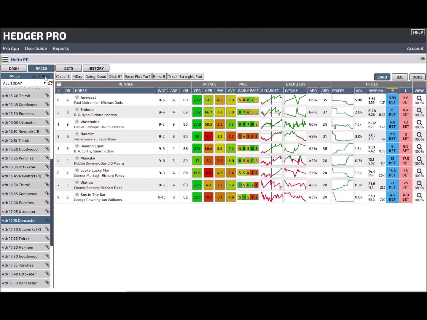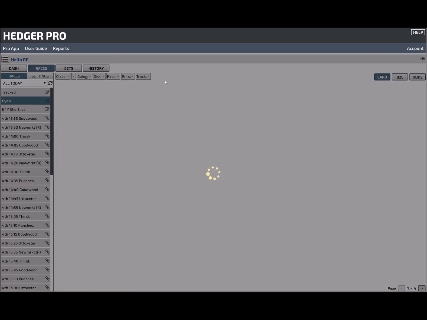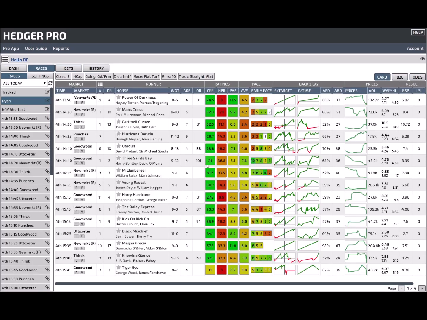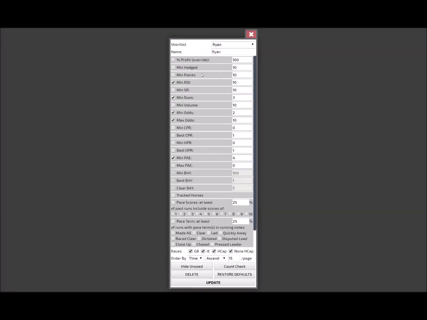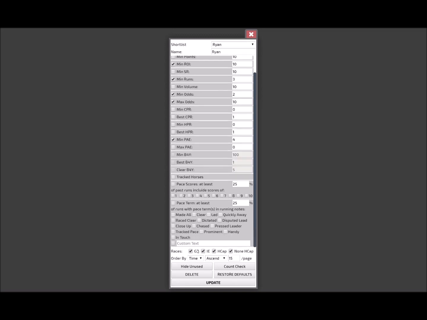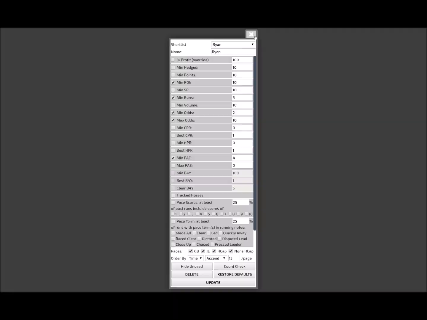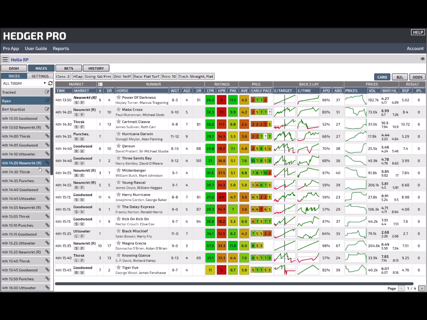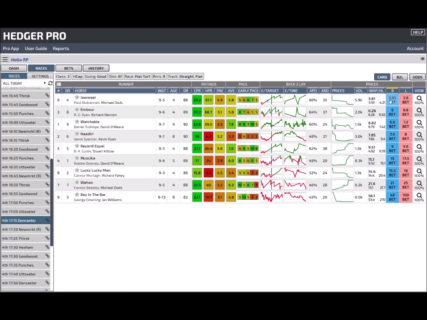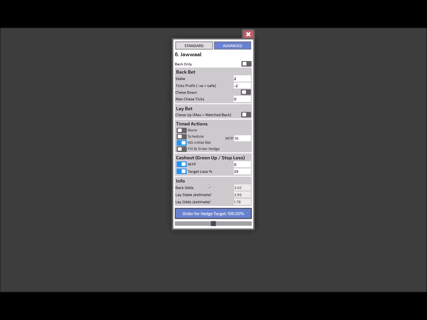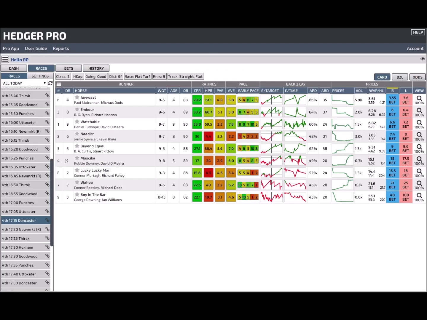But from my perspective, I will now start integrating the strategies that require this kind of approach, trading specifically, and this type of data, to build new strategies around Hedger Pro. And I'll also be working with Nigel on a remote betting and trading system as well, which is great, because then it means that I can actually place the bets and trades on your behalf, which a lot of people are interested in. And again, I'll go into more information about this in a later post, but I just wanted to give you an example of what's in the pipeline and how you can customize Hedger Pro to run it in a much